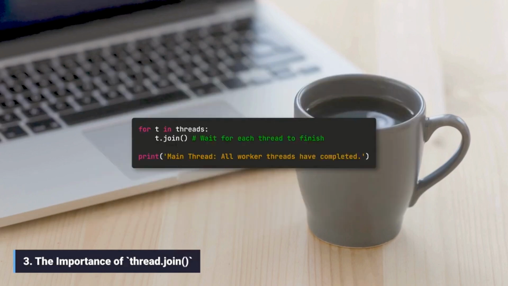3. The importance of thread.join(). When the main thread finishes, the entire program exits, even if the worker threads are still running. If the main thread needs the results of the worker threads before continuing, it must wait. The .join() method forces the calling thread, in this case the main thread, to wait until the thread it